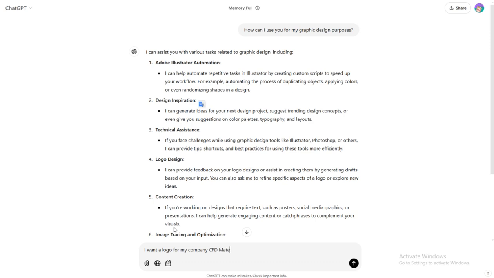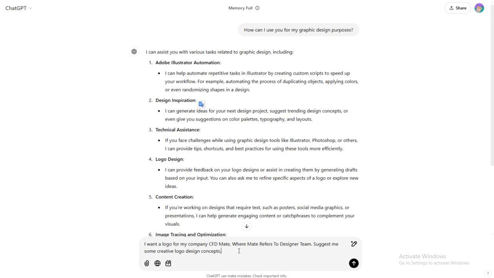CFD Mate, where Mate refers to the designer team. Suggest me some design concepts, some creative logo design concepts.